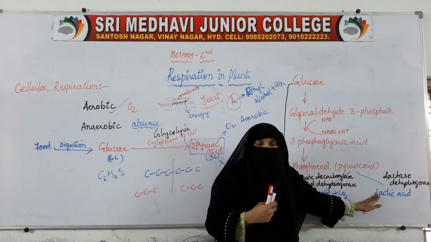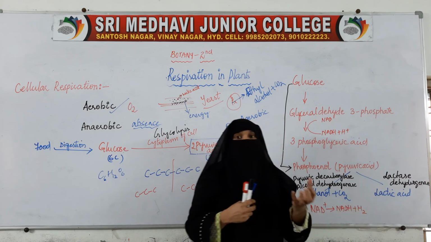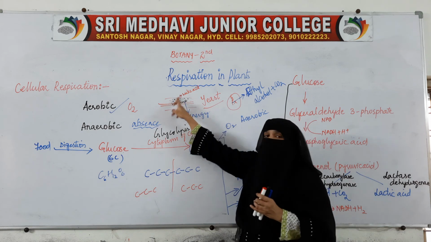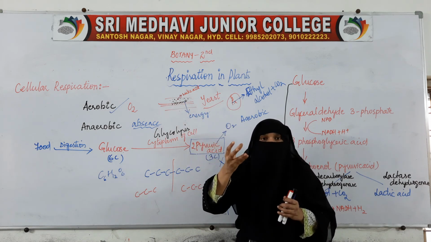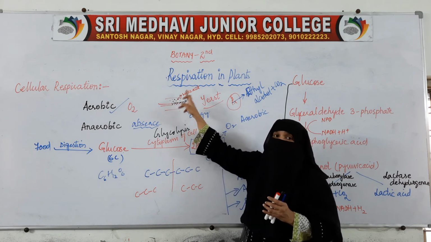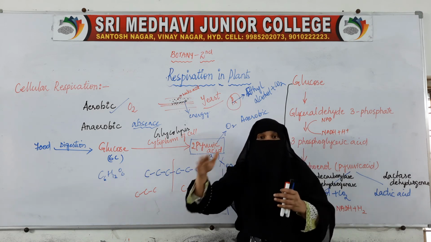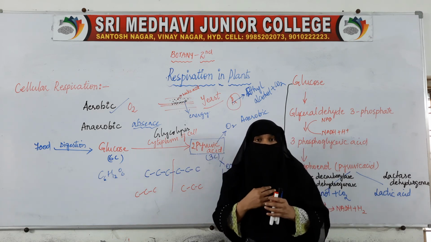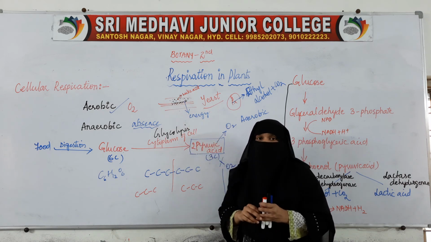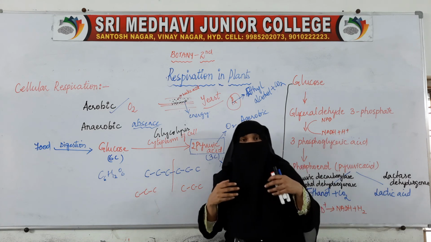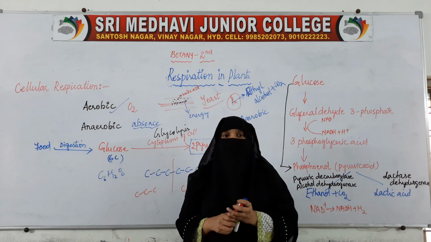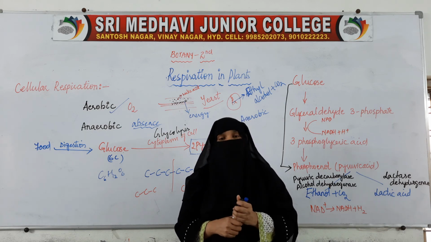Inside our body also, anaerobic respiration takes place for some time, not continuously. If the cell does not get oxygen for a few seconds or a minute or a few minutes, they can respire anaerobically. But if it does not get oxygen continuously for 2, 3, 5 minutes, then the cell starts dying. And if it does not get oxygen continuously, then the person may even die because of lack of oxygen.